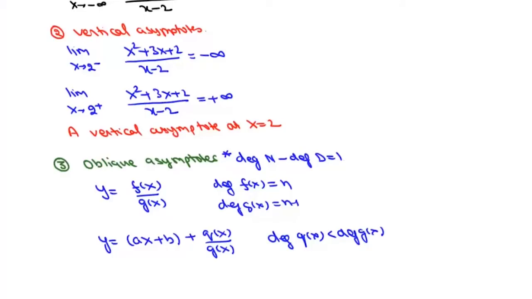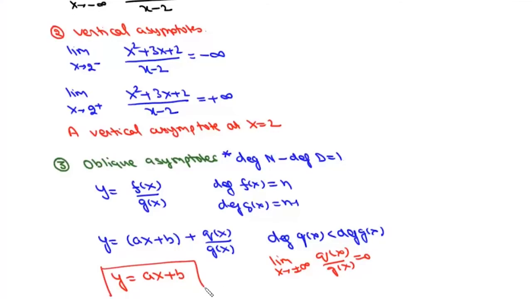Now when degree of qx is less than degree of gx, so if we take this limit x tends to plus infinite or minus infinite, in this case this limit qx upon gx will be 0. So this line y equals ax plus b will be an oblique asymptote for this rational function. So if we come back to our example,